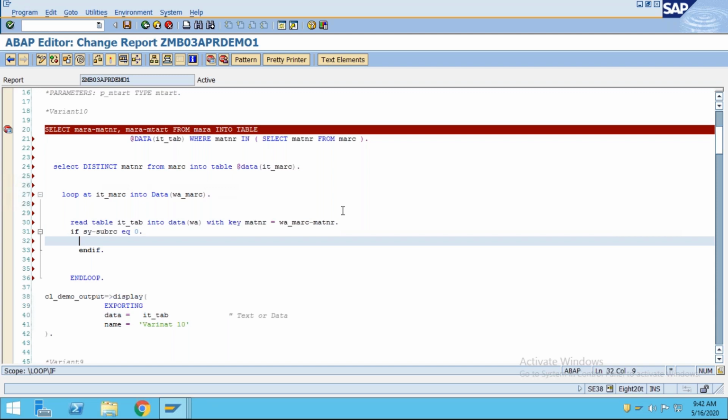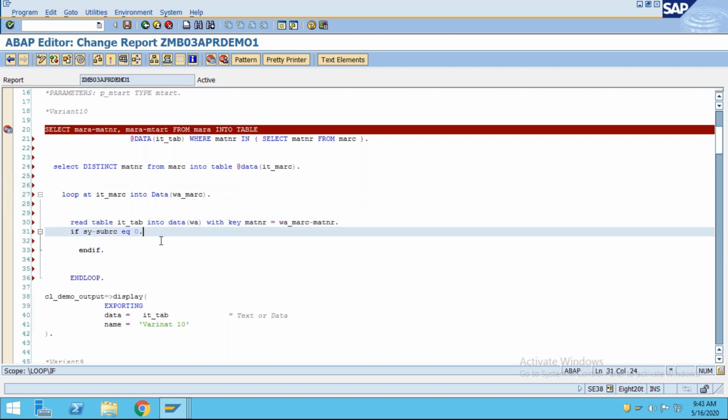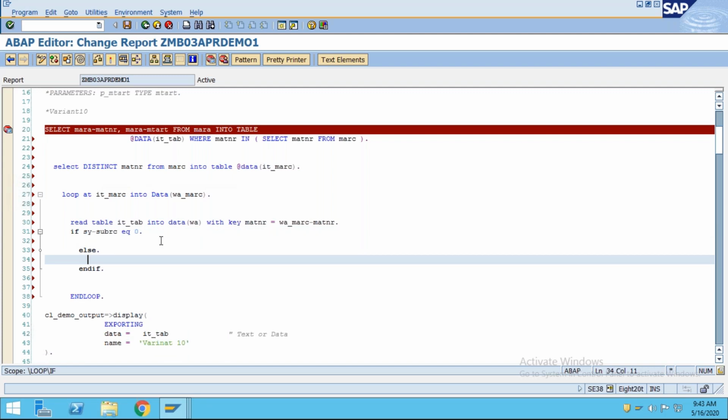if all the materials are present, then it will be sy-subrc equals 0. If any of the material is not present, then in that case I will just write that all the material does not exist: all the material from it_marc is not present in it_tab.